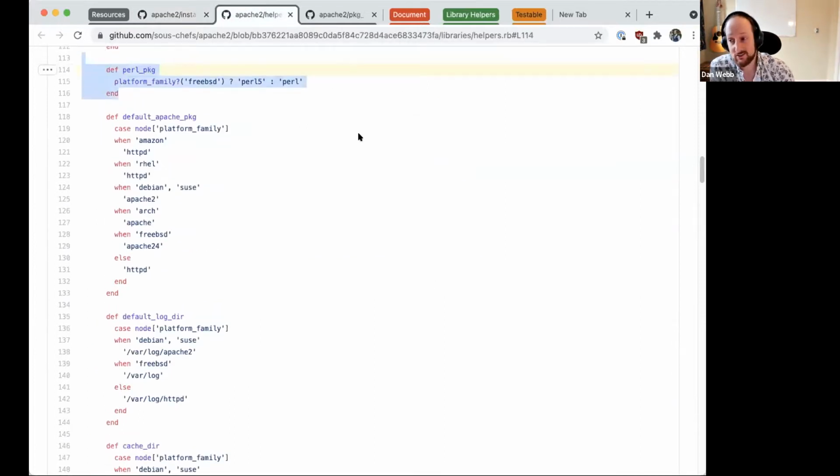Well, actually, this is a super simple one. It turns out the Perl package changes based on platform name. So if we're on FreeBSD, it's Perl 5. If we're not, we're on Perl. And then the default Apache package here